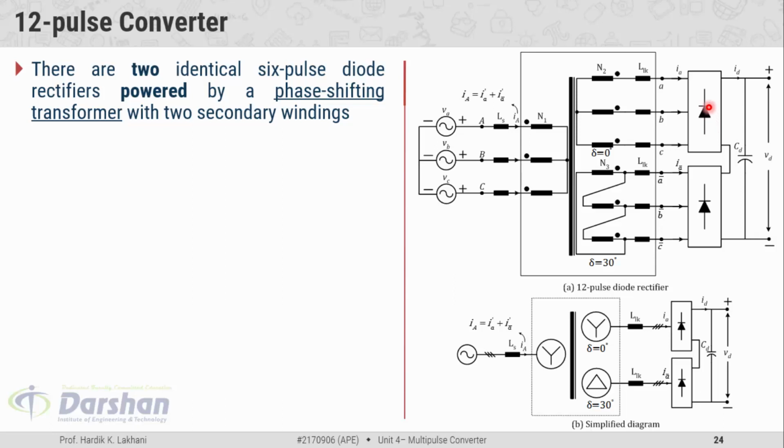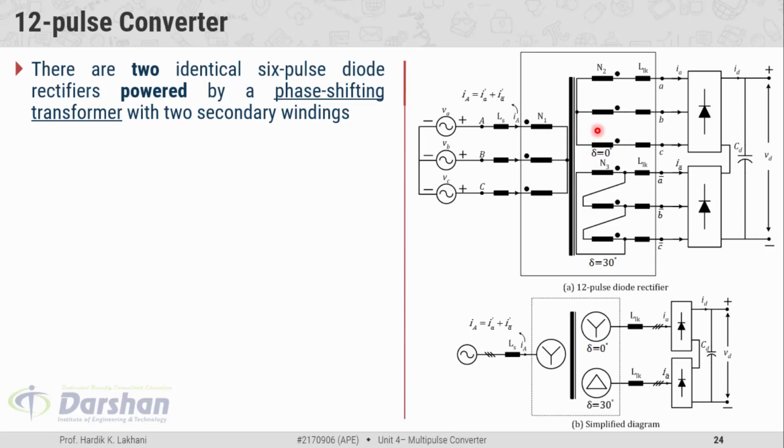To drive these 2 units of 3-phase rectifier, we should have a 6-phase AC supply. But we know that a 6-phase AC supply is not readily available. We have to produce this 6-phase AC supply from the readily available 3-phase supply, and to do that, we need a phase shifting transformer. This phase shifting transformer has one primary winding and 2 secondary windings. All the windings are 3-phase in nature.